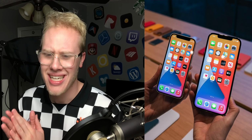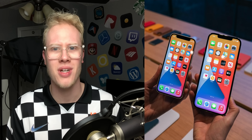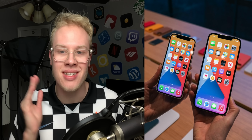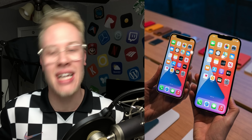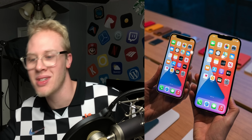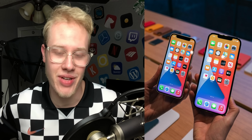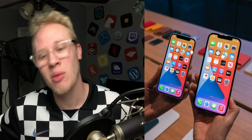So these two phones, in a lot of regards, are complete opposites, right? The iPhone 12 mini is a 5.4-inch display, tiny little device, the lowest and cheapest iPhone 12 you can buy. The Pro Max is going to break the bank at $1,100, more premium materials, and of course, a gigantic 6.7-inch display. So I want to walk through, like I did in my last video, which iPhones I'm getting and why,